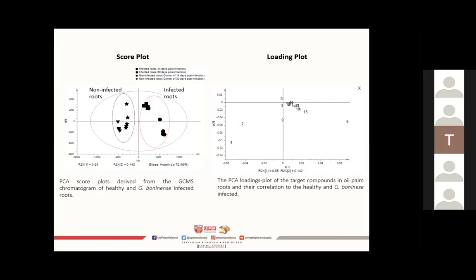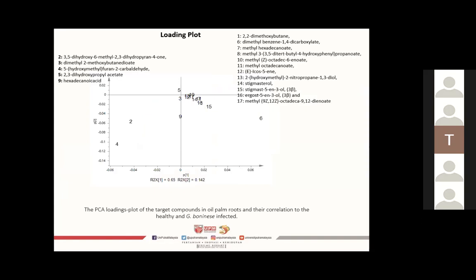PCA was applied to understand the clustering features of the non-infected and infected samples and the metabolites contributing to the variability, with the first two principal components explaining 79.2%. The score plot shows two clearly separated clusters identified by PC1 without any notable outliers. In identifying the root extract metabolites responsible for each differentiation, PCA models were generated in the loading plot. As we can see here, metabolites on the right side were found more abundant in infected samples, whereas metabolites on the left side were found higher in non-infected samples.